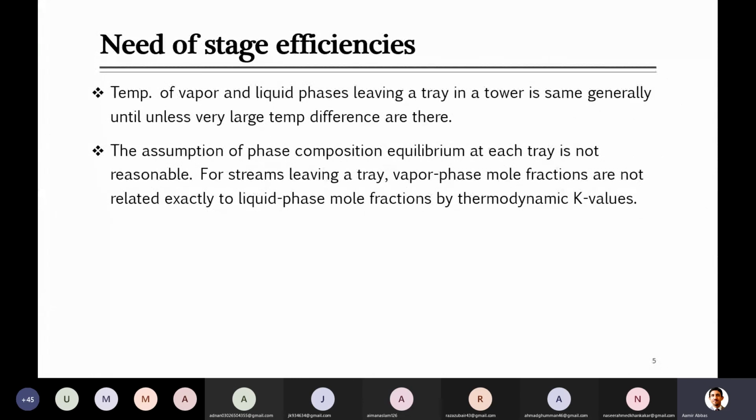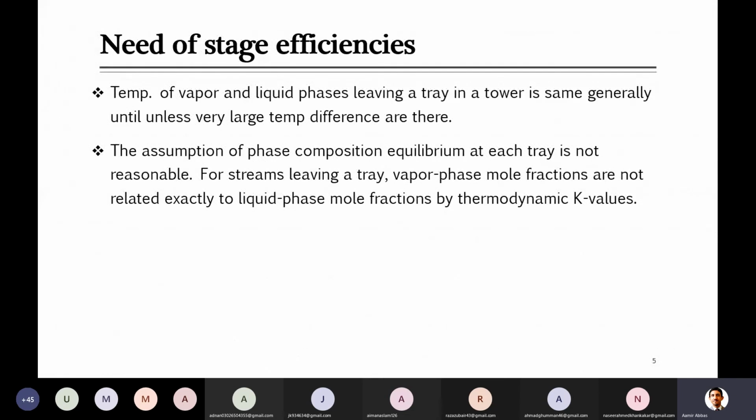But in reality, it is not necessary, and most of the time it is not possible, that they will reach the equilibrium, which we call thermodynamic equilibrium, based on the K values